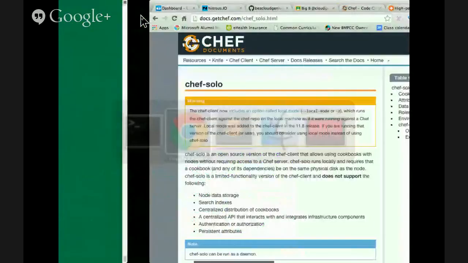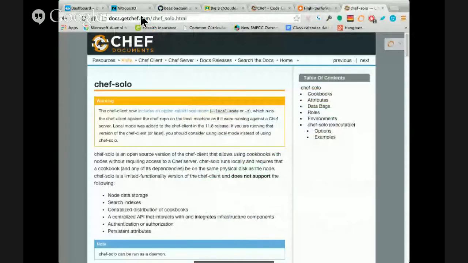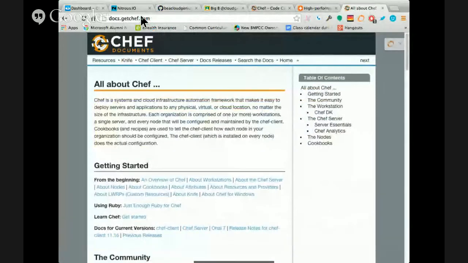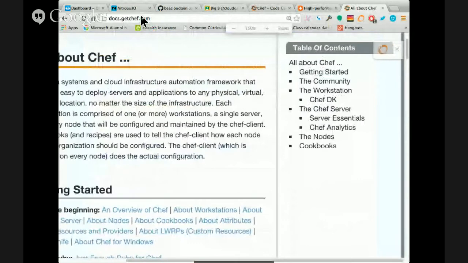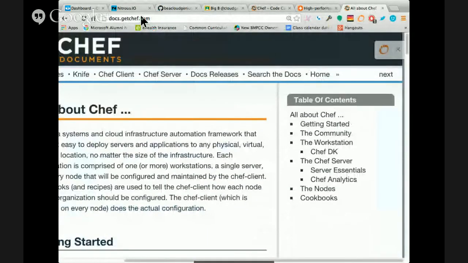So let's visit the homepage of the documentation at the very top level. It will give you a structural view of what documentation they have, and all of it is open source, as you already know. I said that already. From the top level, here's the table of contents. What you have is